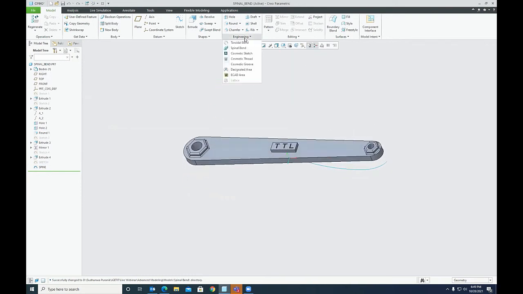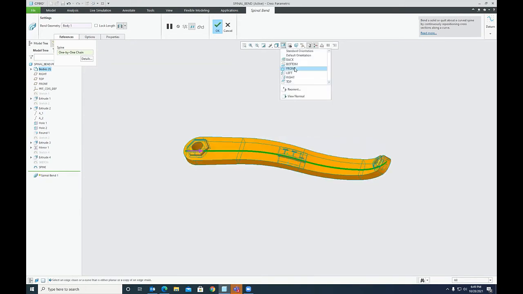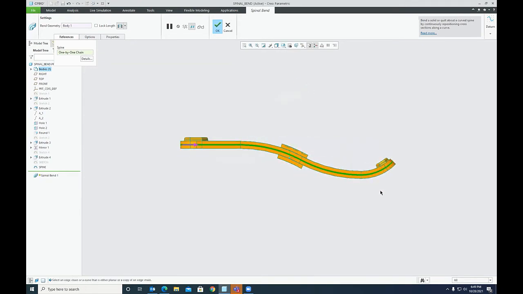So here in engineering, I say spinal bend, and bend geometry I will say as this, and spine would be this curve. And just reverse the direction. So the bending is achieved. And now the bending is done along the total length of the spine.